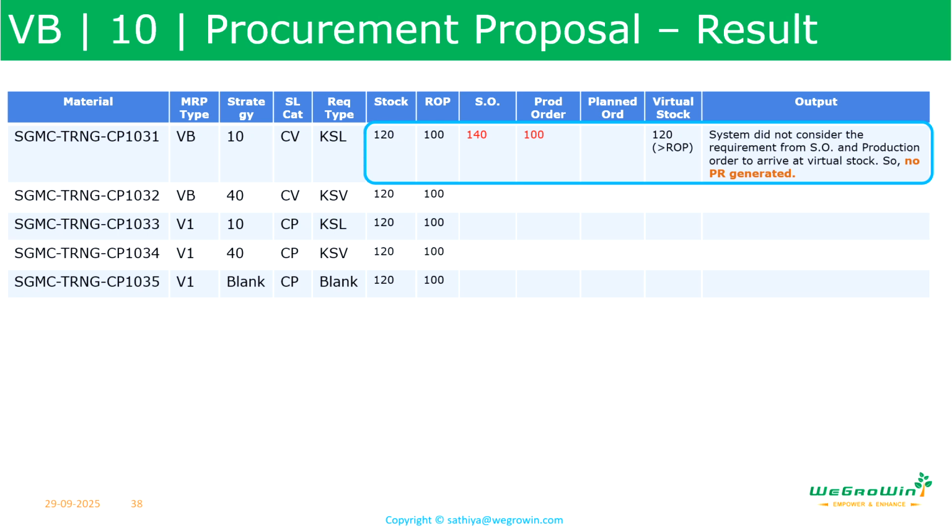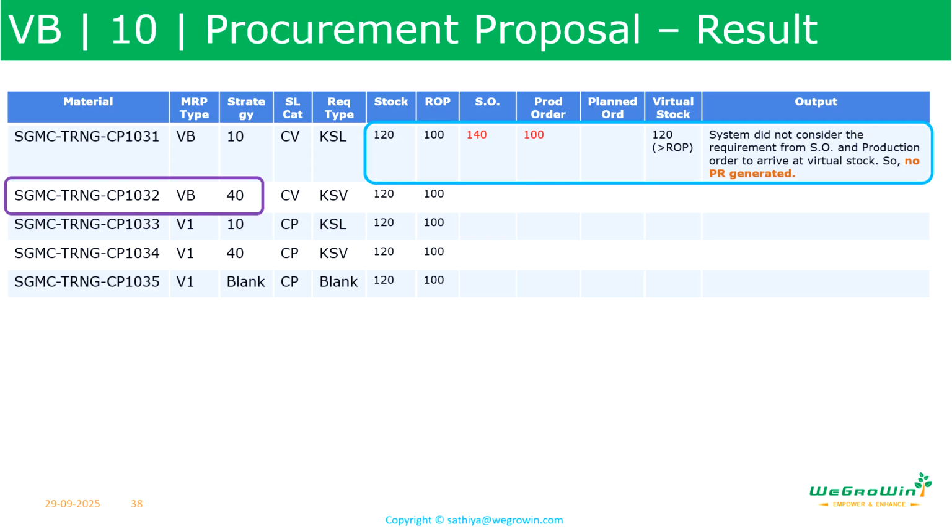So for CP1031, the stock is 120. Sale order for 140 is there, as I showed you. Also the production order requirement is there for 100. But system has not considered any of these requirements. It compared the stock 120, which is more than ROP. It has not created any purchase request. Next, let us see